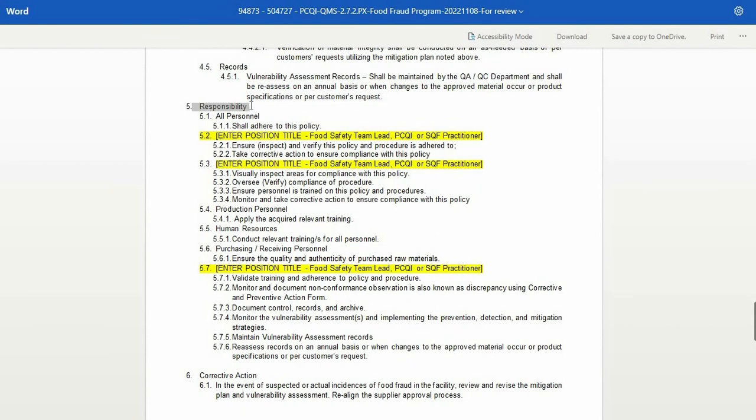Fifth is responsibility. The responsibility of the person is indicated. It covers what to perform to comply with the procedure or the policy. For all personnel shall adhere to this policy. For the food safety team lead, the PCQI or the SQF practitioner, to ensure and verify this policy and procedure